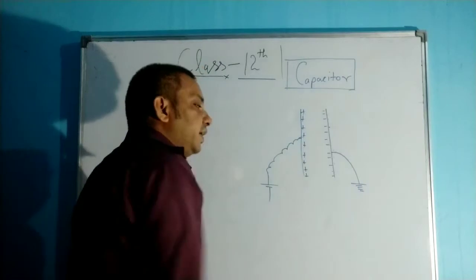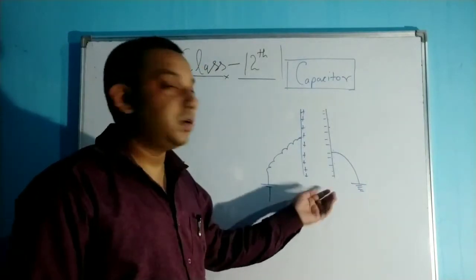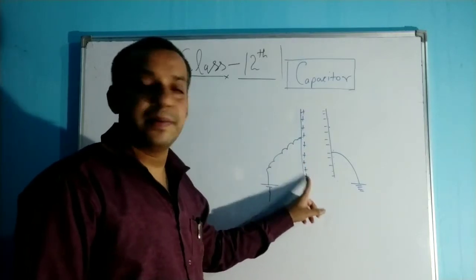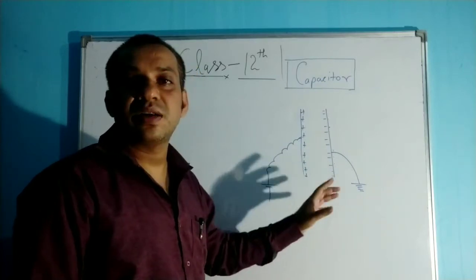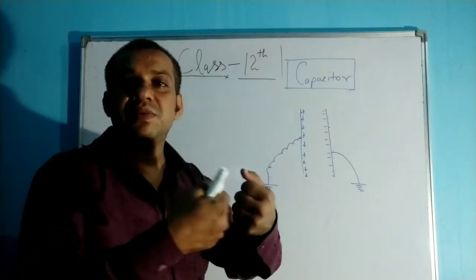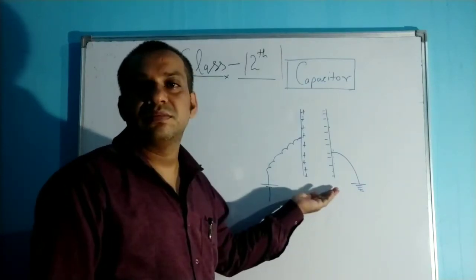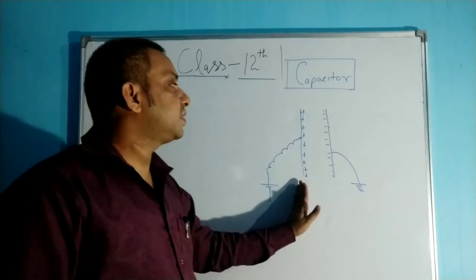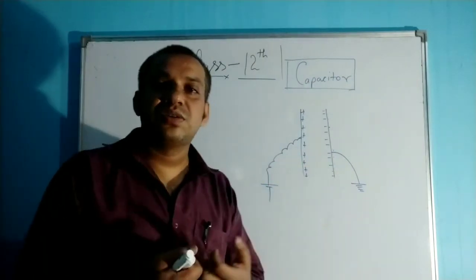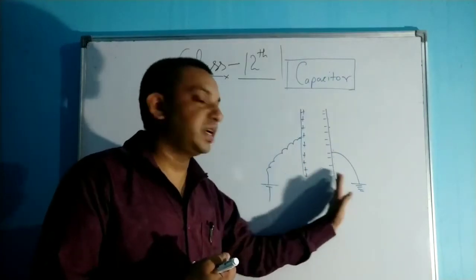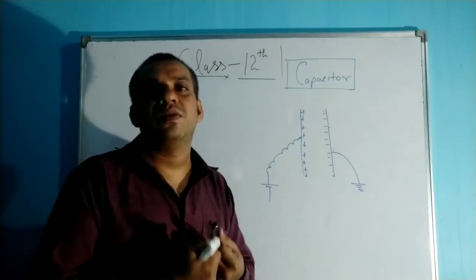Now this arrangement holds the charge for a longer time, because the positive charge is here and this positive charge is holding this negative charge. Because of the electrostatic attraction, positive and negative, that charge will bond together and stay on these two conductors. Right? So here, see, the first charge is here and here is the negative charge, and because of this electrostatic attraction force between these two charged plates, the charges will stay here for a longer time.